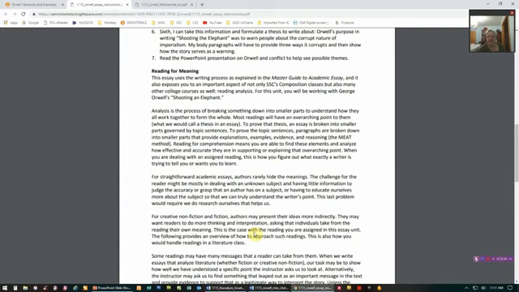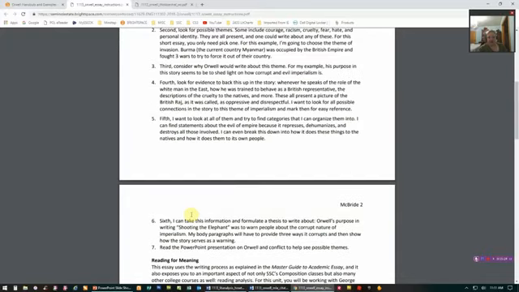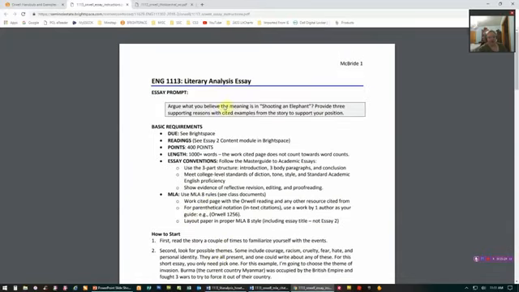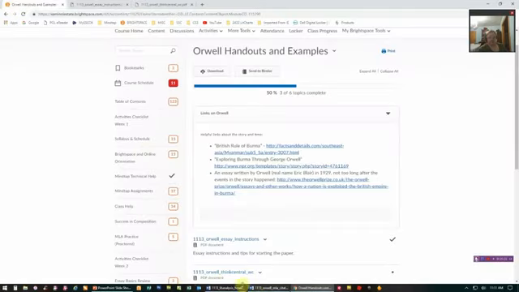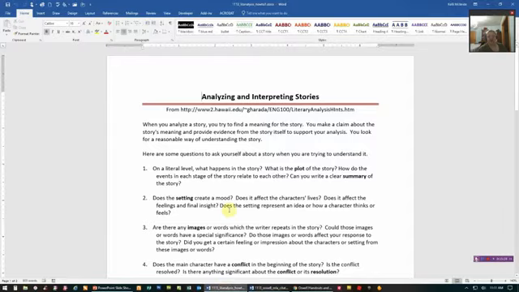Why did he lose his sense of morality? Right? How did this person fall so far? Right? That's the difference in literature and essay writing. Okay? So again, this gives you some tips about maybe how to approach that. Okay? All right, so let's go back and let's look at the analyzing and interpreting